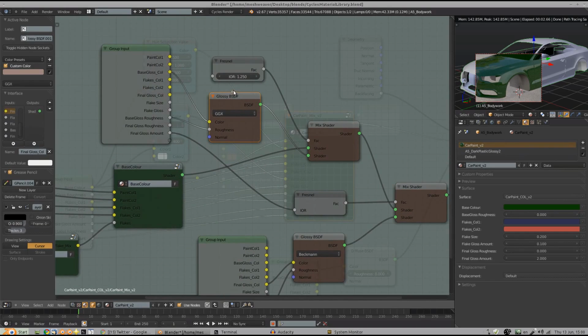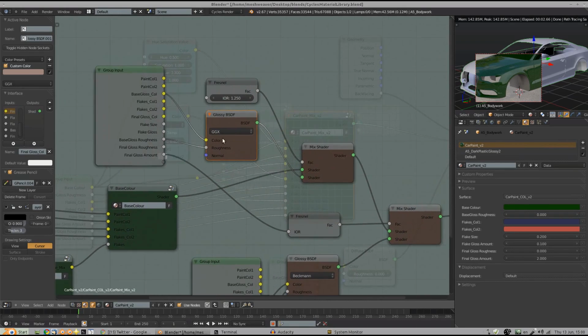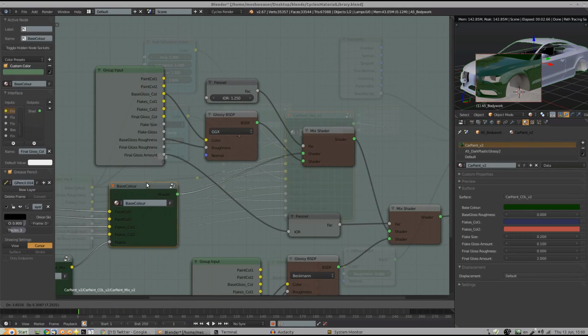And I've got a glossy BSDF here based on the base gloss color mixed and the base gloss roughness, which I determined through those sliders at the very beginning of this node group. And the color comes into here. Another GGX. I would have to compare what all these do. I can't remember specifically what the differences are. And then the roughness is used as the shader, which is mixed with the base color shader,